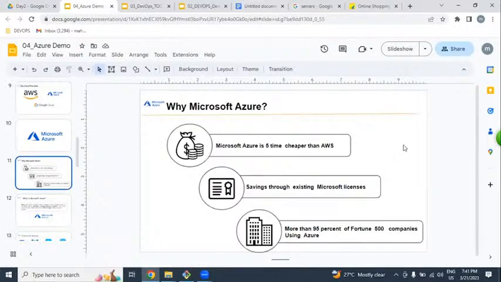Excellent. Okay. So why Microsoft Azure? Microsoft Azure is cheaper than AWS, slightly near to AWS. Then we can save on Microsoft licensing cost, because Azure is a Microsoft product. If we are using Microsoft-related products like MS Office, Windows operating systems, or any Windows kind of product, we can reduce more cost. And more than 95 companies are using it, and more companies are increasingly using Microsoft